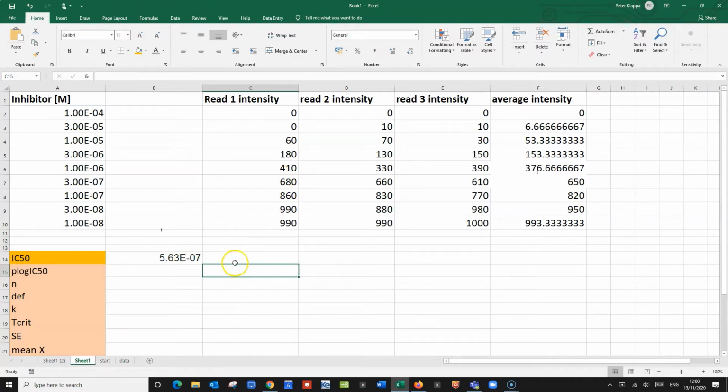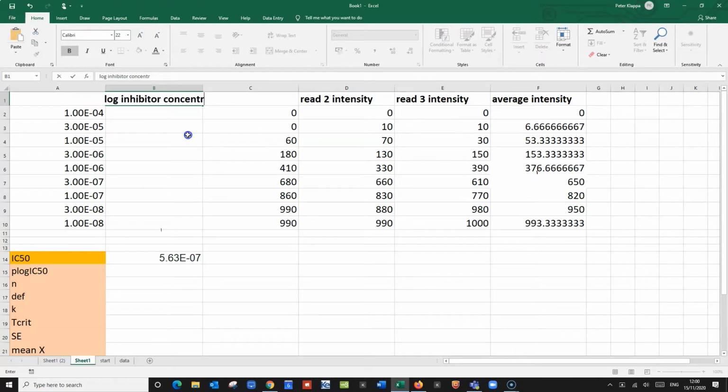Now obviously we want to do also a little bit of calculations in terms of the confidence interval. How good is this measurement actually? What is the uncertainty in this IC50 measurement? And it's very well advised if we convert our inhibitor concentrations here to a logarithmic scale, and we can do that very easily. So I just put in here log of the